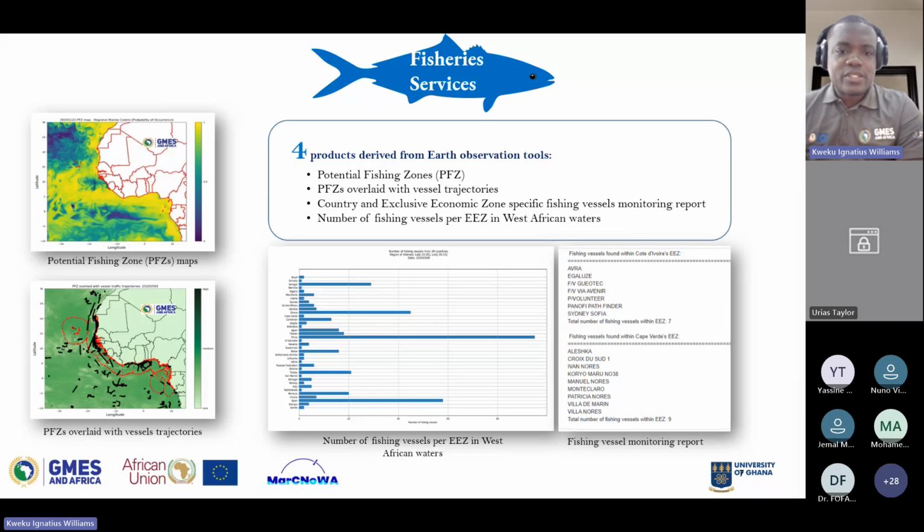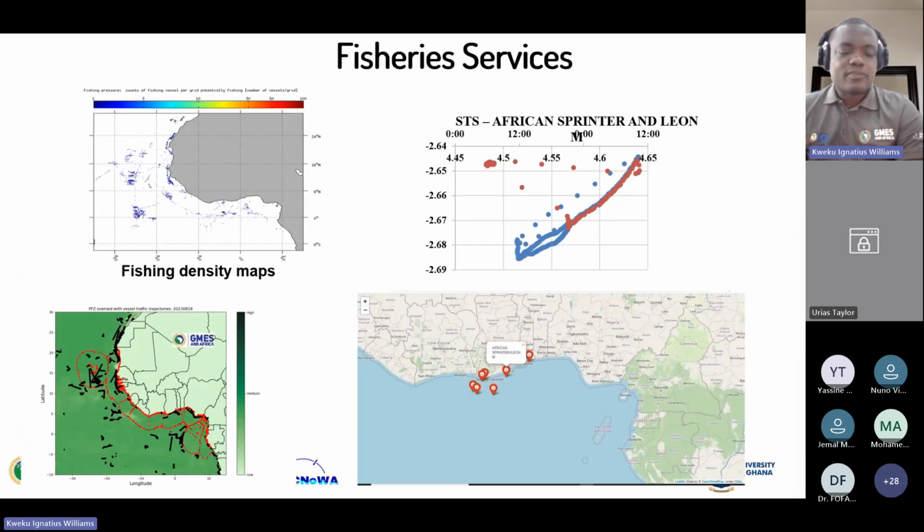For our fishery services, we are looking mainly at potential fishing zone maps overlaid with fishing vessel traffic information. So this is coming with what particular fleets are fishing in which countries' EEZ, and all this information is provided to the monitoring control surveillance units or the Ministry of Fisheries residing in each of the 18 countries. We also have some examples of the service that you see here as to where fishing activity is densely populated